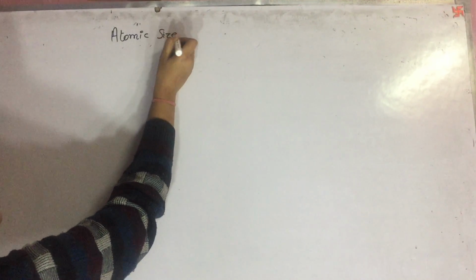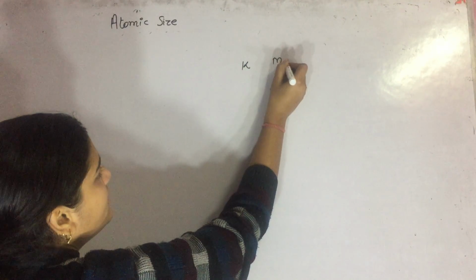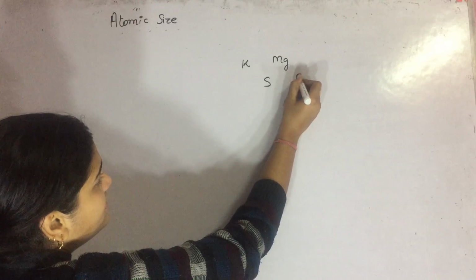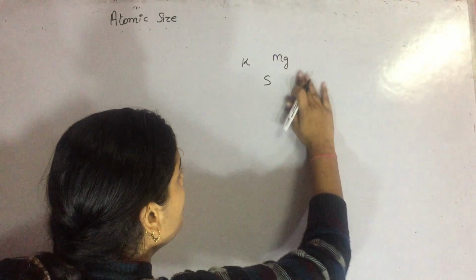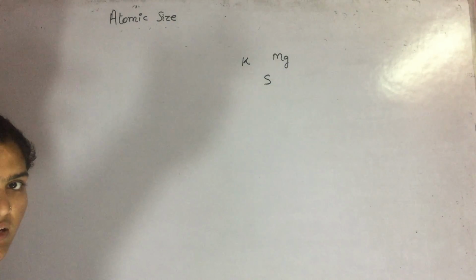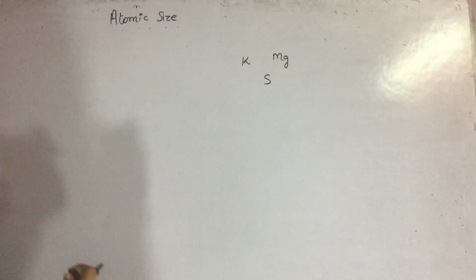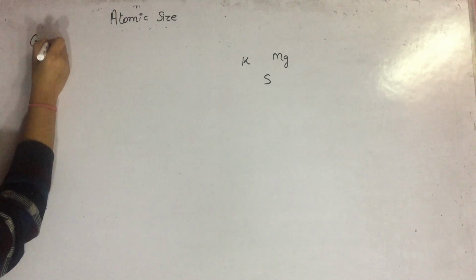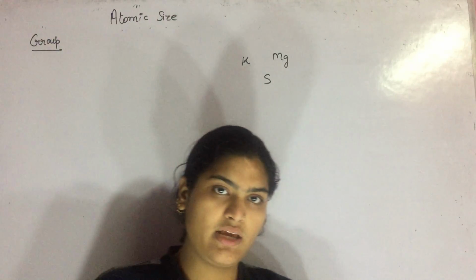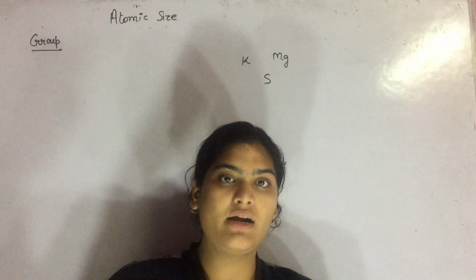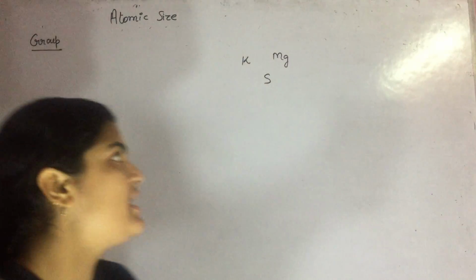There are so many questions that ask about potassium, magnesium, sulfur, iron, which of them has the largest atomic size. So I'm telling you how you can justify it, how you can find out the answer perfectly with the justification for that. Let us take a group. Remember this thing: there are 18 groups in the modern periodic table and 7 periods. Groups are the vertical columns whereas periods are the horizontal rows. So I am taking the first group,